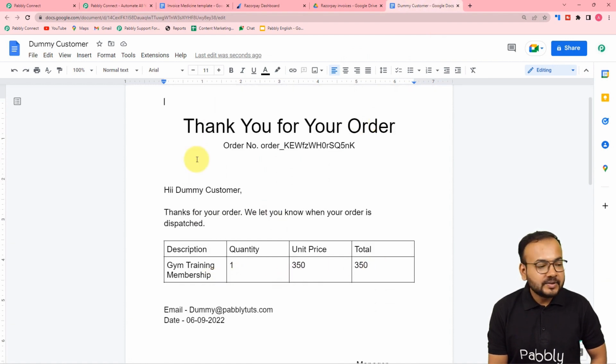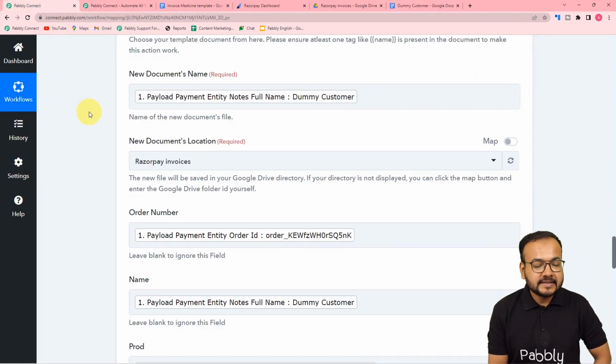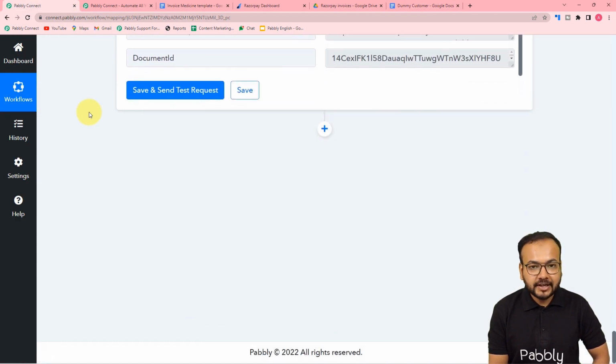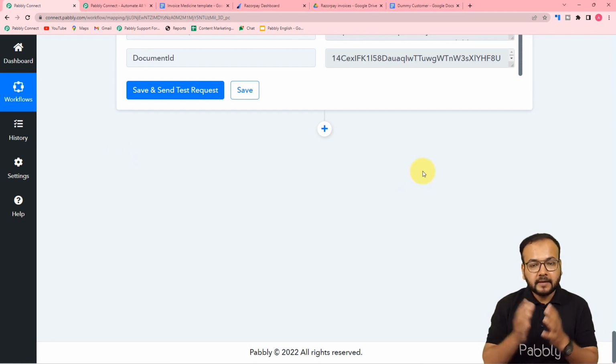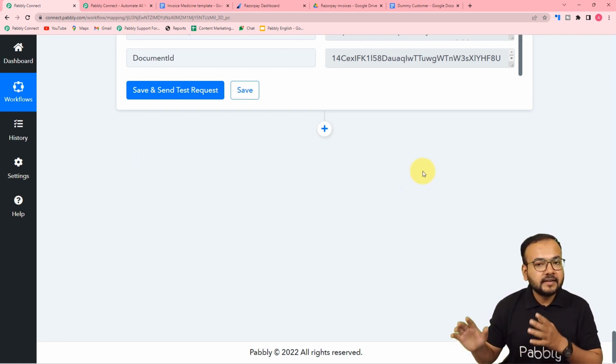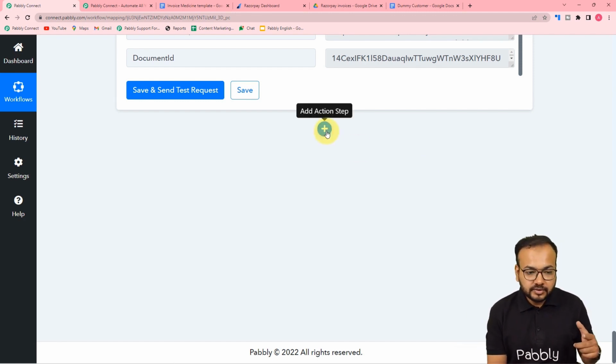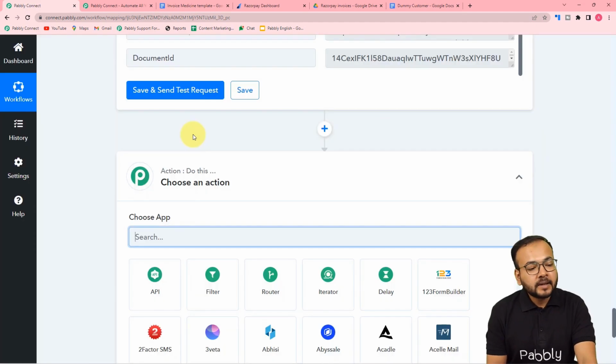Okay, so this is how it is going to work, guys. This is how you can auto create invoices using Google Docs. Now guys, it is time to share this invoice with the customer, and for that we need to have a link of this file that we have just created. So we got the file created, and the file is saved in my Google Drive folder. So to get the link, what I'm going to do, just click here on this plus icon,